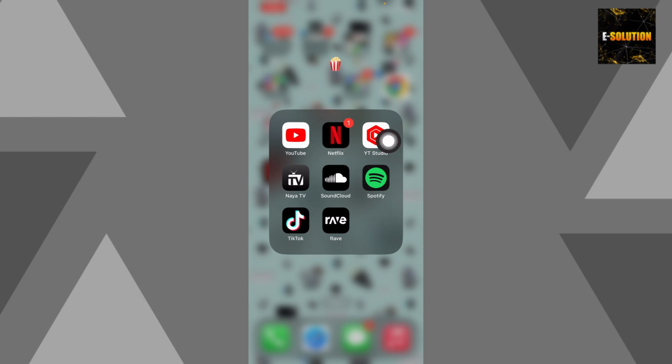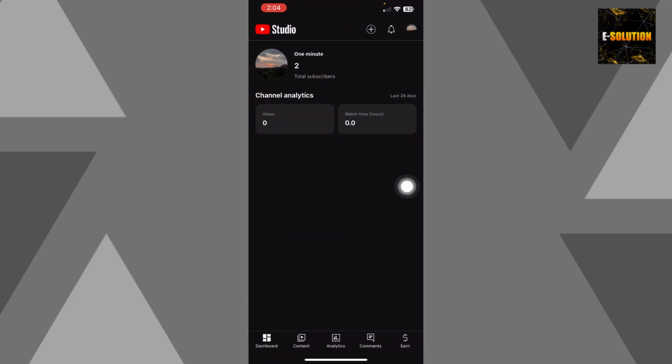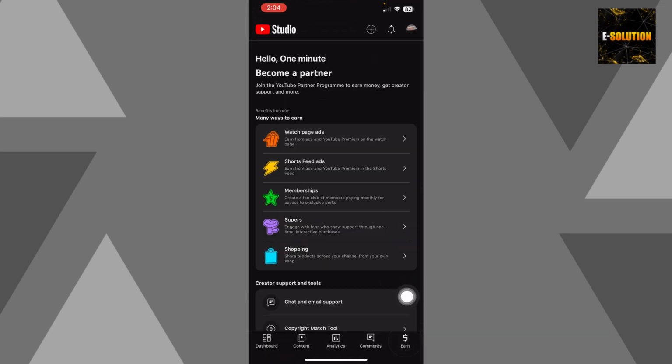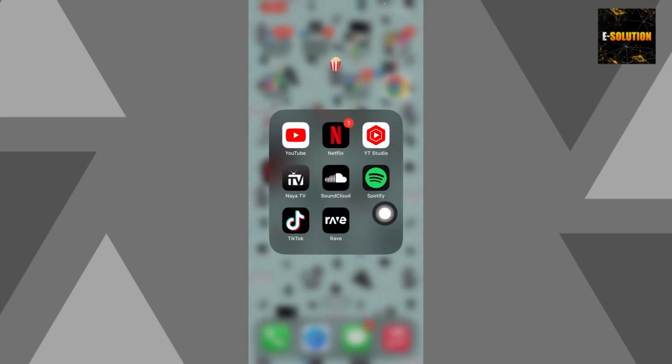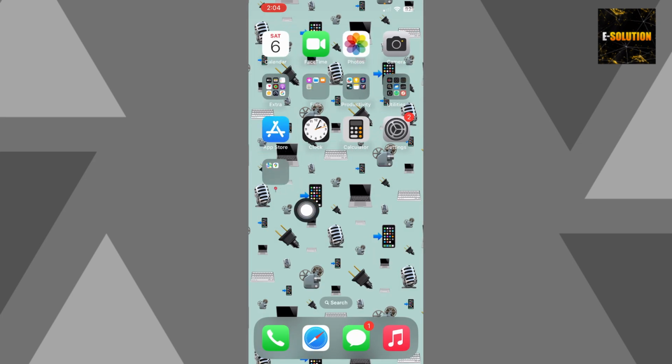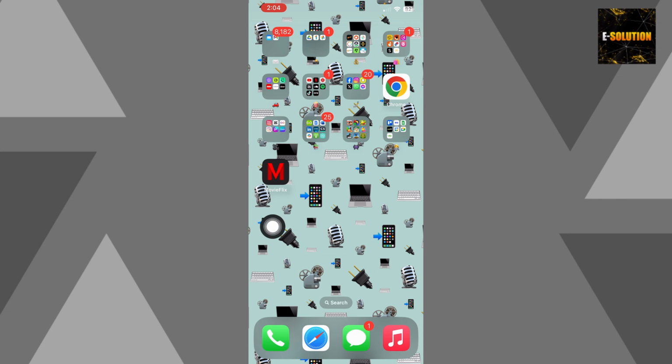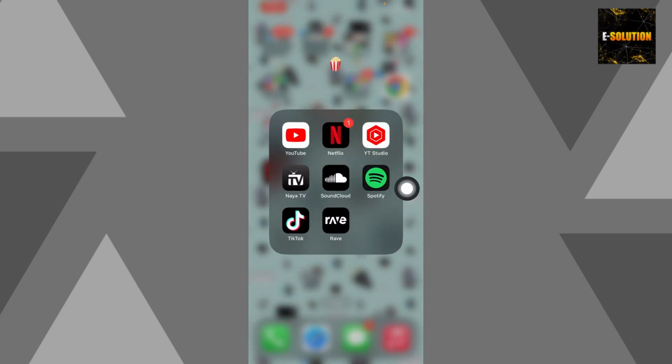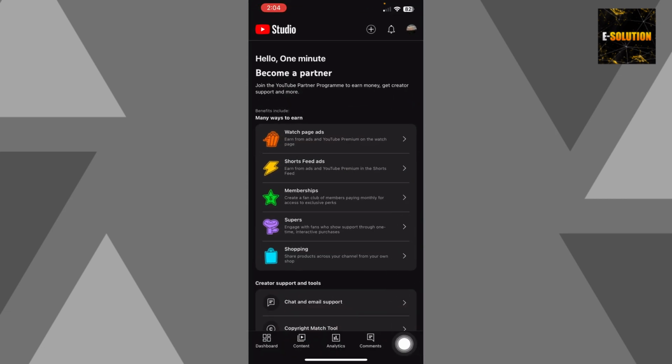So let's dive in. First, open your YouTube Studio app and then click the earn option on the bottom right corner. You can just download this YouTube Studio app from your app stores on your iPhones, and on your Androids you can go to your Play Store and download it. Then open it and click this earn option, the dollar sign on the bottom right corner,